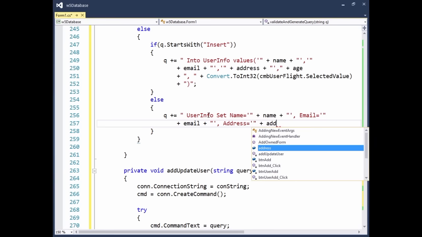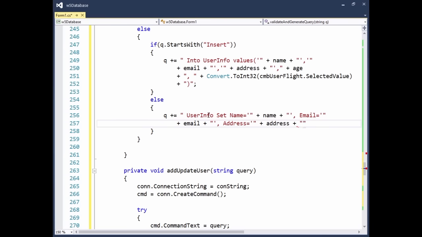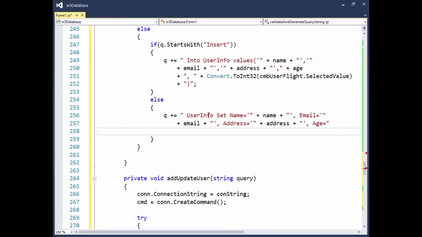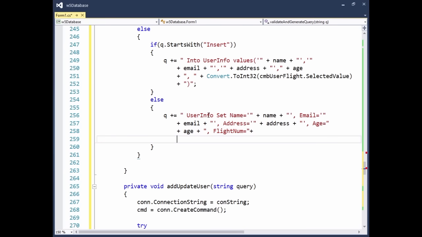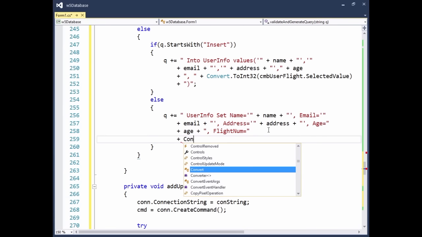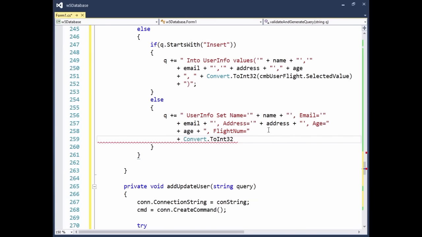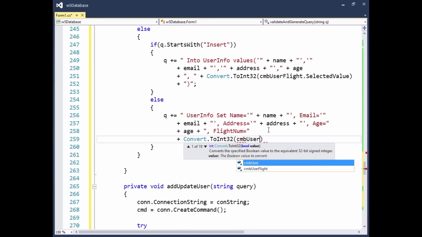plus, close that single quote, comma, age equals, don't need a quote there, so let's go a new line and say plus age plus, and then comma, flight num equals, and then plus, I'll put the plus on a new line for consistency, convert.toInt32 CMB user flight dot selected value,